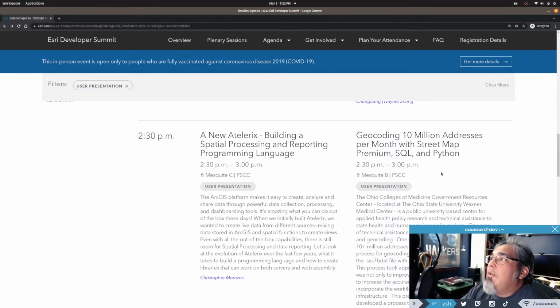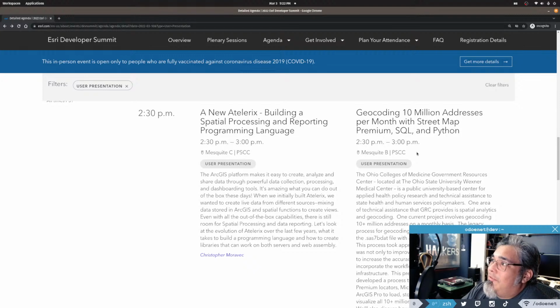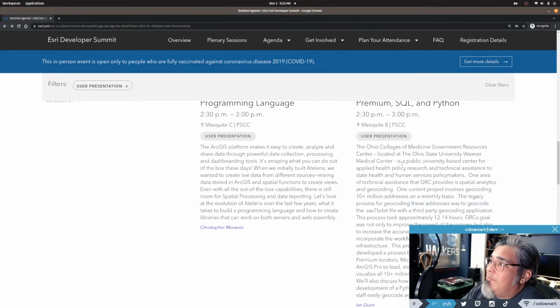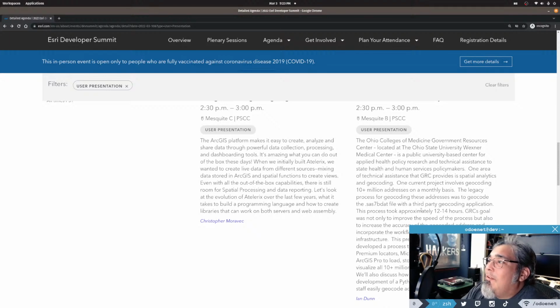I really don't know. Okay, so geocoding 10 million addresses per month. Oh, wow. Damn. Okay, with the StreetMap Premium, SQL, and Python. I'm guessing that you were just creating batch geocoding and running this stuff in scripts. Is that crazy? That is nuts. 10 million addresses geocoded a month? What are you geocoding? Wow. Okay. One current project involves geocoding on a monthly basis. I guess so. Legacy process for geocoding addresses,